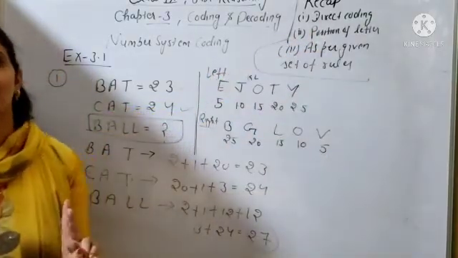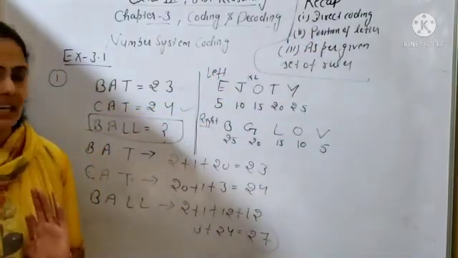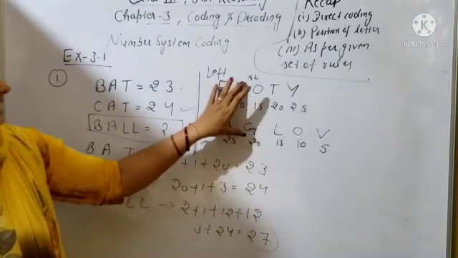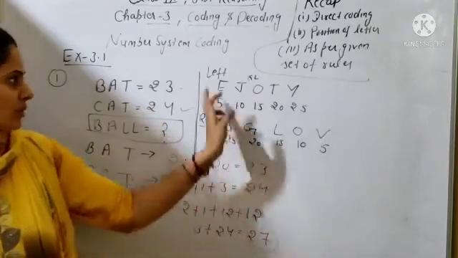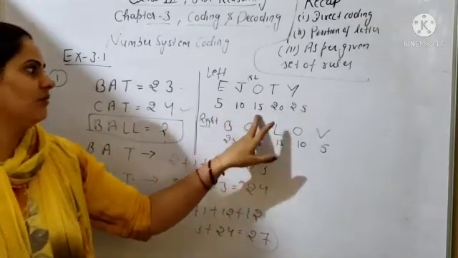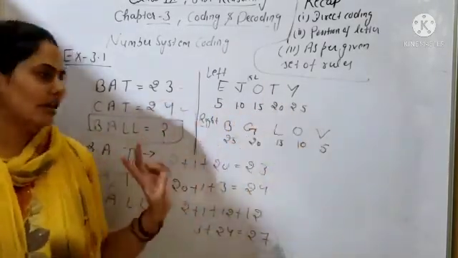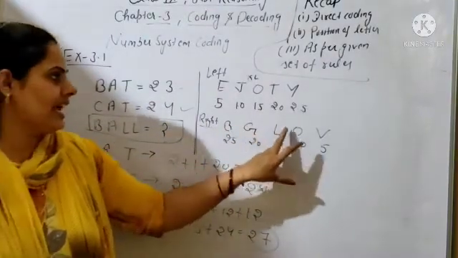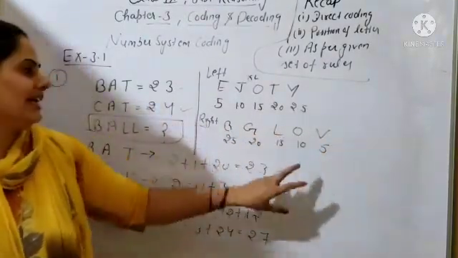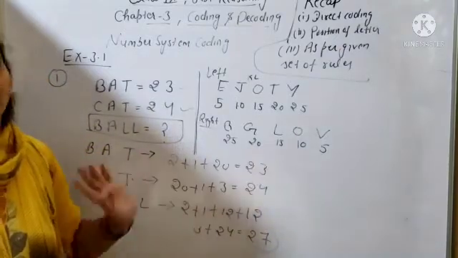Position of letters in the English alphabet, when the question is given like that. First of all you will write these letters EJOTY if you are starting from the left hand side. So the positions of these letters will be 5, 10, 15, 20 and 25. If you are starting from the right hand side, you will learn the letters B, G, L, Q, V, and the positions of the letters will be 5, 10, 15, 20 and 25.